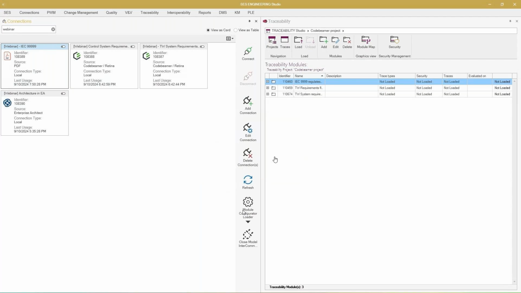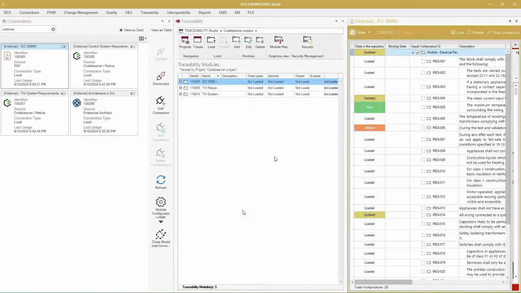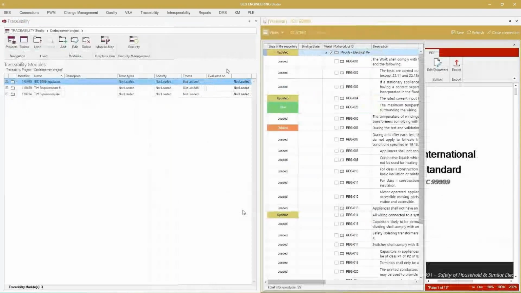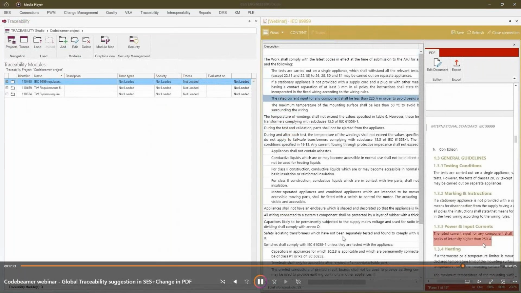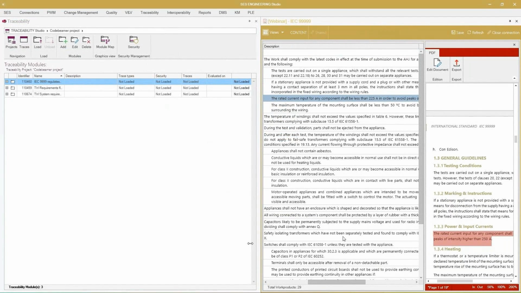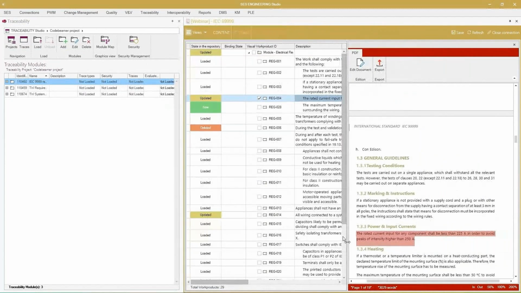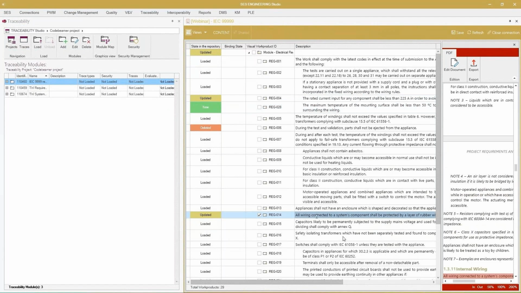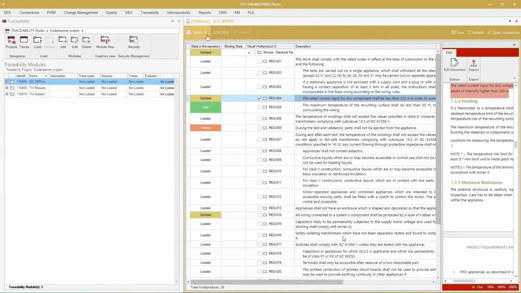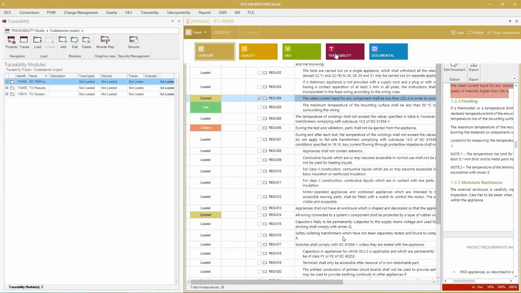So this allows you plenty of different things like checking how many baselines are in the document, even if it is a PDF, and comparing one baseline with the previous baseline. But now what the tool is showing you in different colors is yellow for the modified, green for the new, and red for the removed, right? So the tool is showing me that this requirement or this piece of the regulation has been modified. If you want to see the previous content, you right-click and compare this version for this particular requirement with the previous version, whatever. Or you can go to trace, and before you accept,